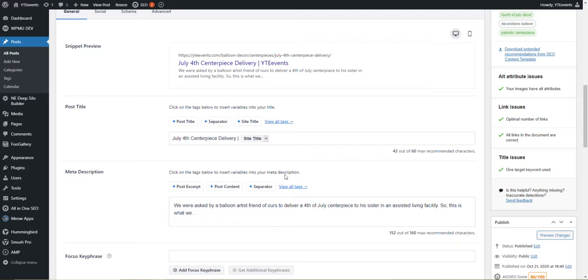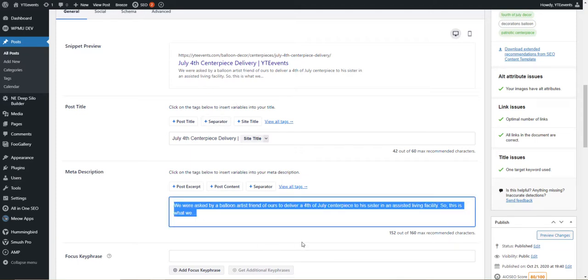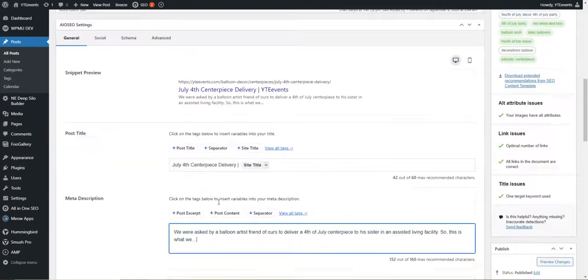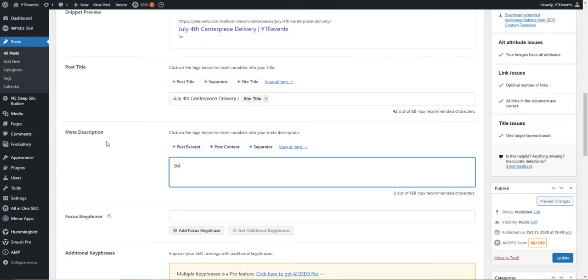And then I can jump down and I can look at my metadata, and then I can adjust it. So see what